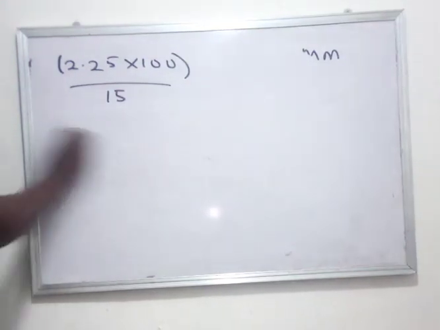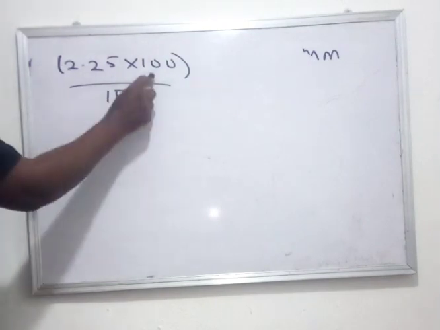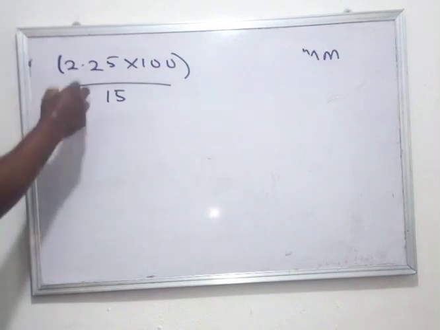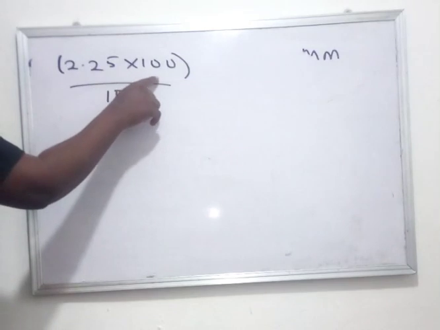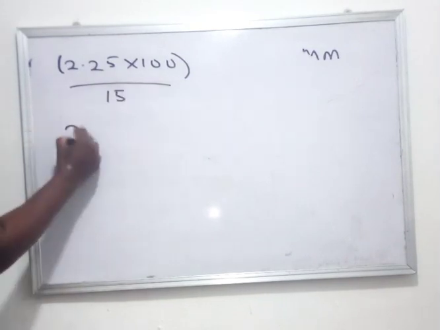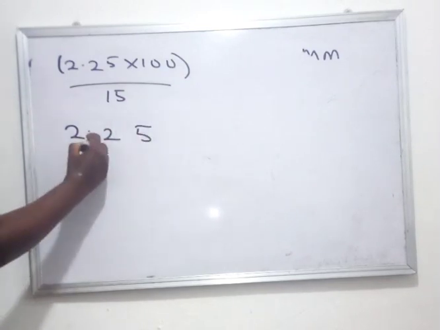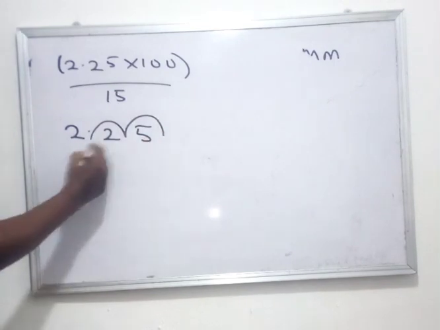We simply need to remember that when multiplying by the power of 10, that is 10, 100, 1000, and so on, we simply need to move our decimal point according to the number or the power of 10. In this case, we are moving it twice because this is 100. So if this is 2.25 and we need to move this twice, it simply means it becomes 1 and 2. So this number becomes